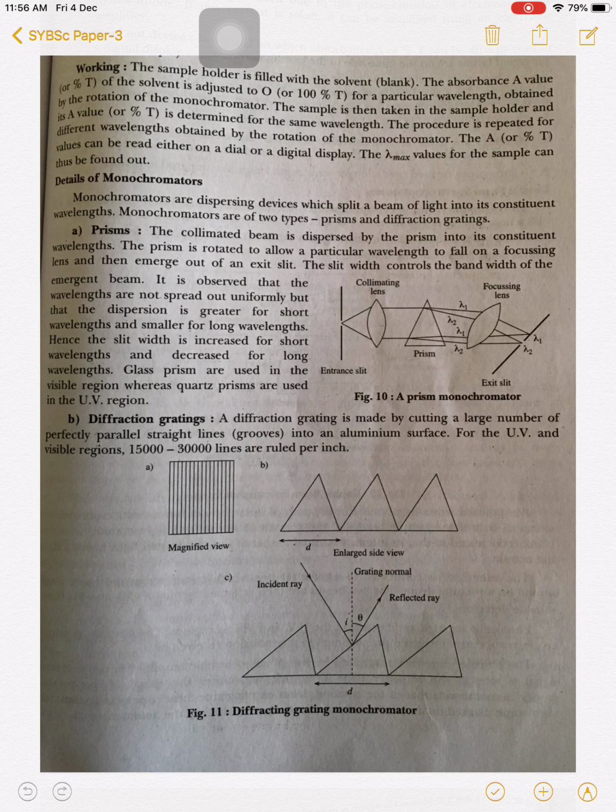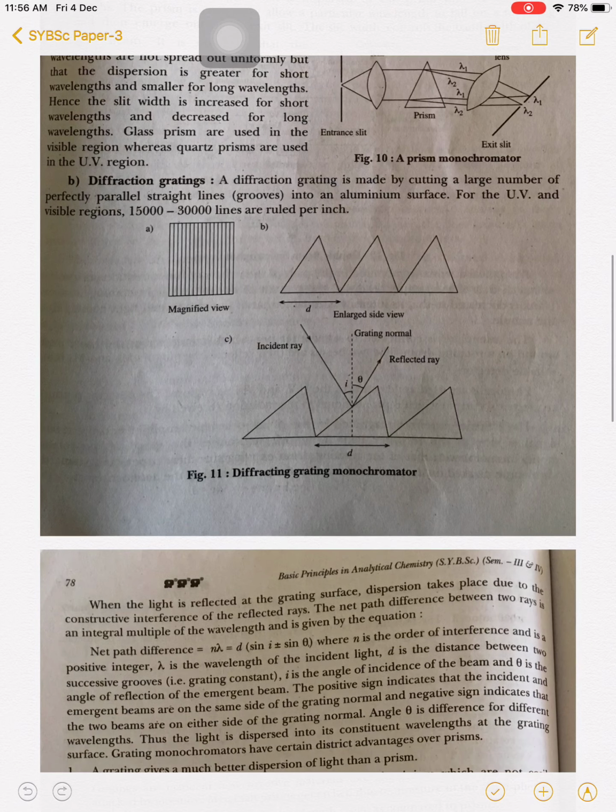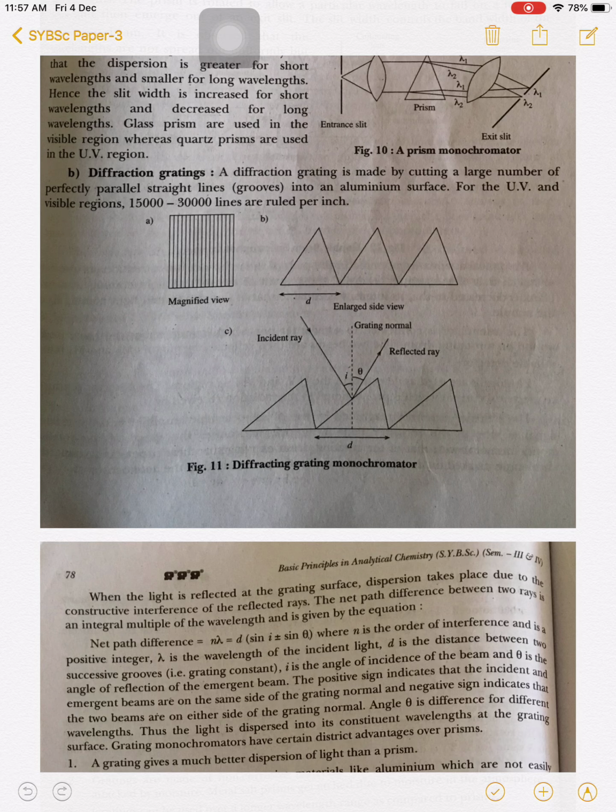Now see this monochromator. We just saw what monochromators are used for the single beam. We can use a prism as a monochromator. We can use a diffraction grating. If you see this diffraction grating, it is made by cutting a large number of perfectly parallel straight lines into an aluminum surface. So on the aluminum surface there are a large number of perfectly parallel straight lines,